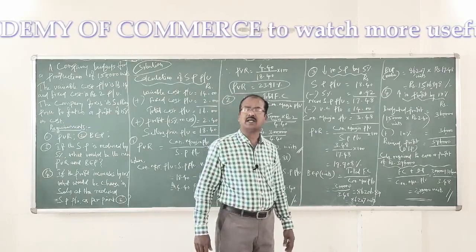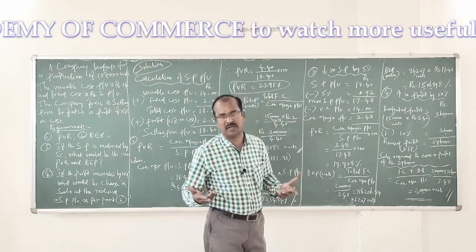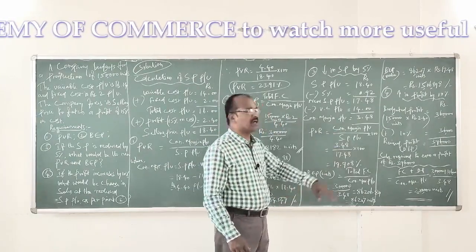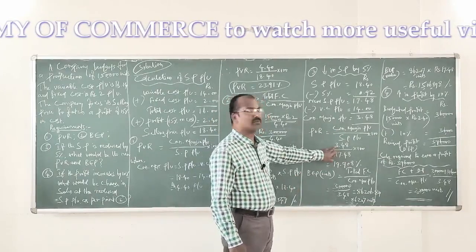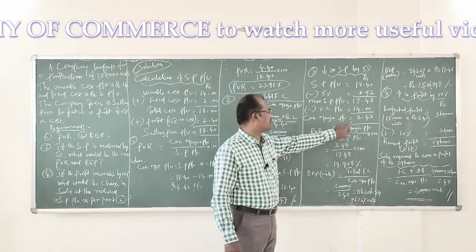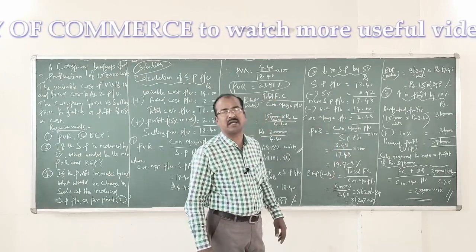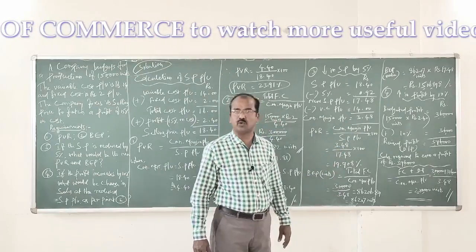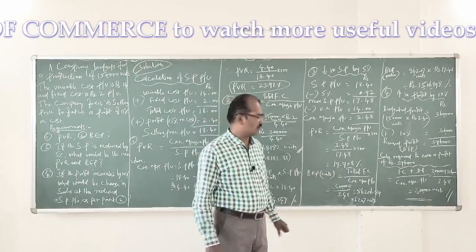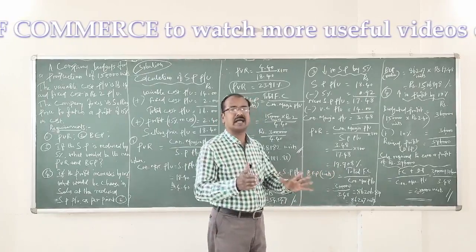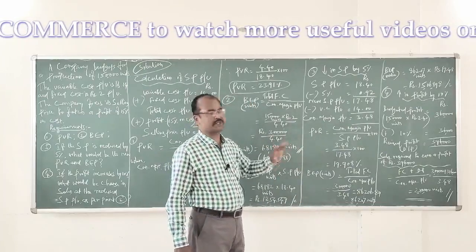Now let us calculate PVR, profit volume ratio, which could be otherwise known as contribution margin ratio. Contribution margin per unit divided by selling price per unit into 100. Contribution margin per unit in the new situation is 3.48 rupees divided by the new selling price, which is nothing but 17.48, into 100. It gives us the new PVR as 19.908%. That's what the new PVR is in the revised situation.